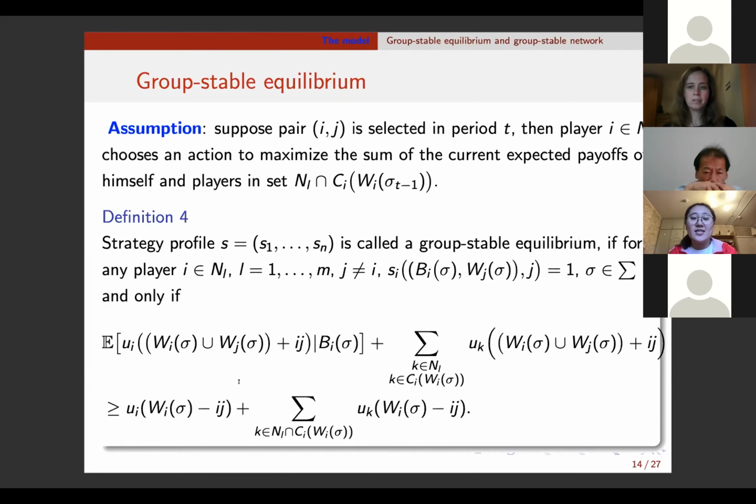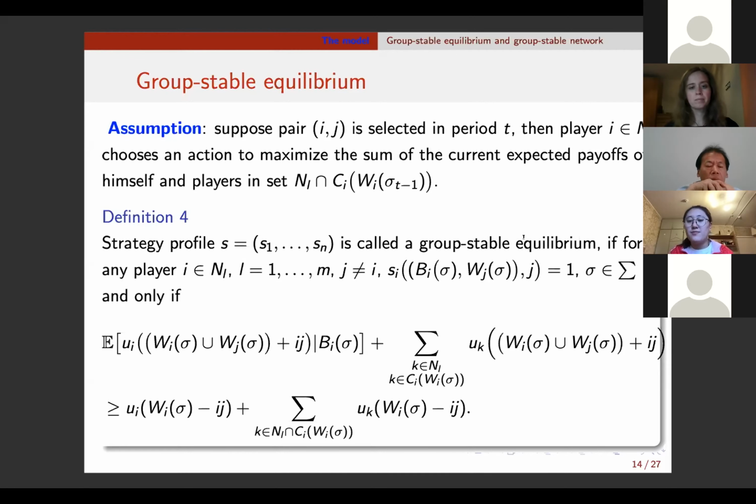countries or different cities. It's very natural to think that players take actions not only for themselves, but for the players in the same group with them. So below we consider another very special strategy under which every player will choose the action to maximize the sum of the current expected payoff of himself and also the players in the same group and connected with him. This kind of strategy composes an equilibrium called